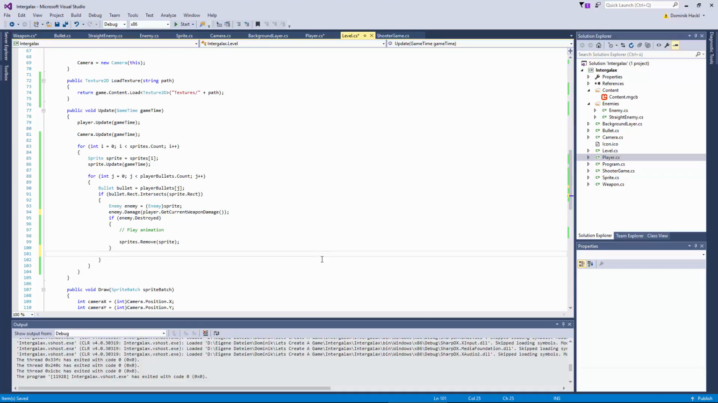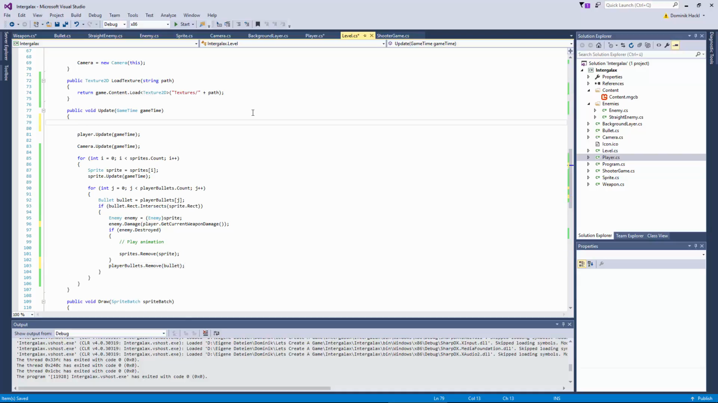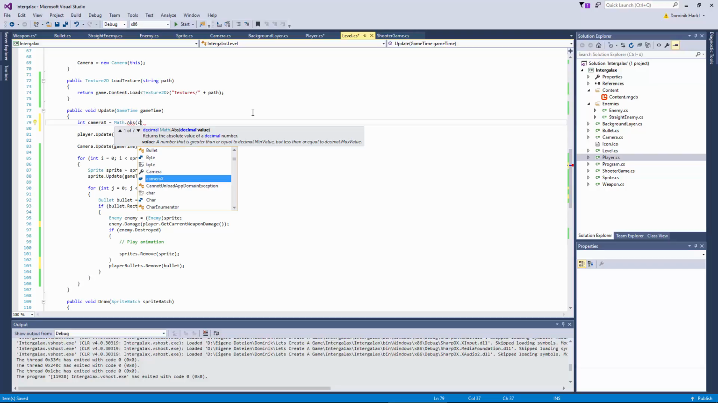Okay. We also need to remove the bullets sometimes. First case when the bullet hits a sprite, of course, I forgot that. Player bullets dot remove bullet, and if the bullet is out of screen we also want to remove it, because otherwise we'll get a lot of bullets hanging around nowhere. We create two variables, camera x, which is the absolute of the camera position,